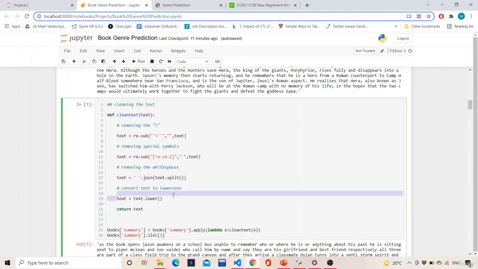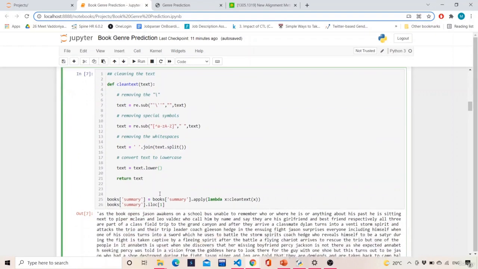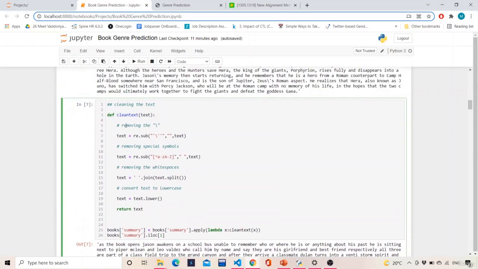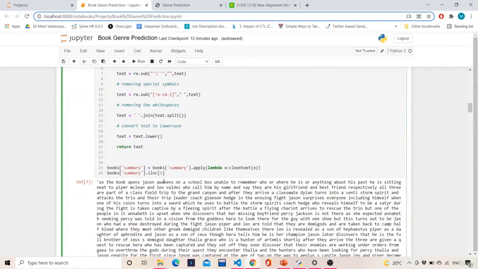Then we'll convert everything into lowercase so that it's easy to process, and then we'll return it. So this is the entire function for cleaning the text, and then we will be applying a lambda function to it. This lambda function will basically say, for every summary in the books summary column, apply a function named clean text. It's as simple as that.